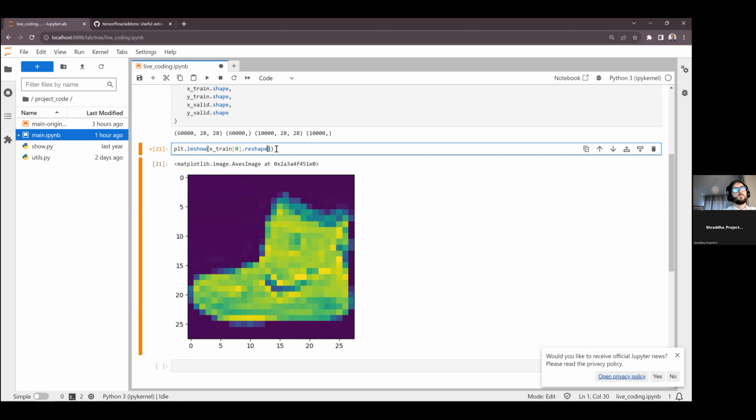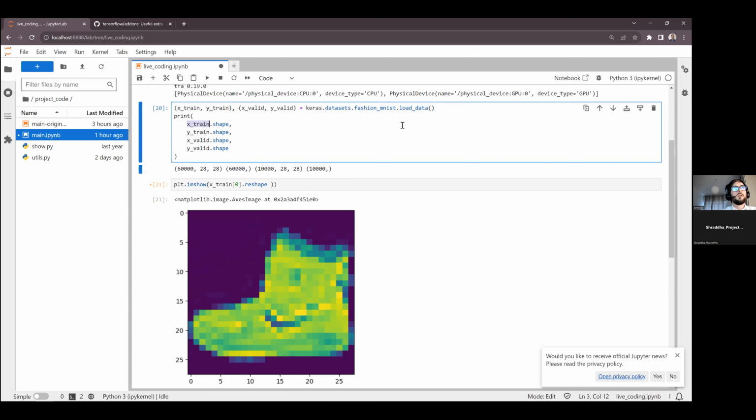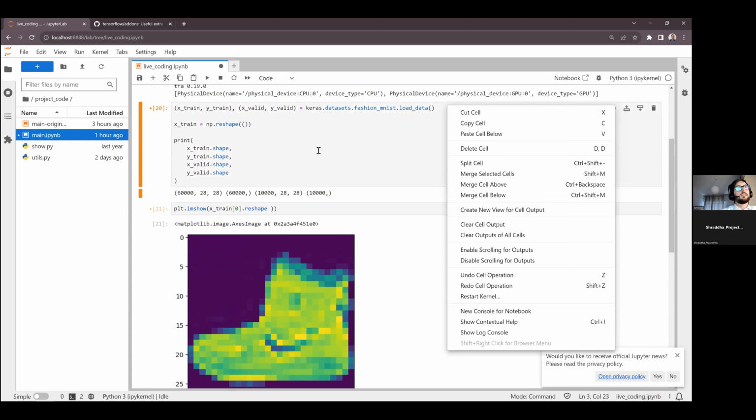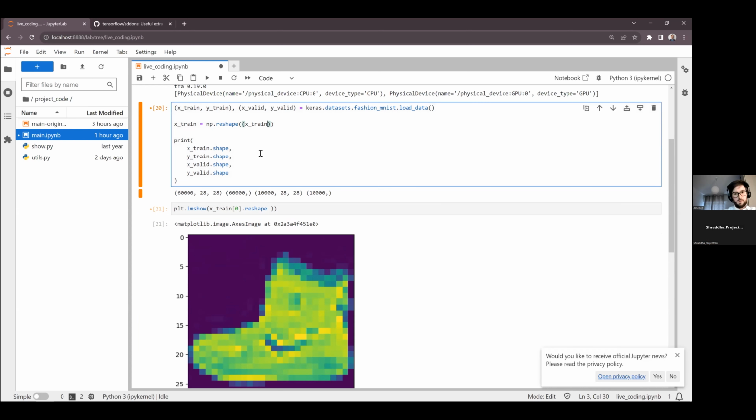No, expand. I want to reshape the X to have a final dimension, the channel. It would be a black and white image, not like that without the shape, because we will need, let's do like that.